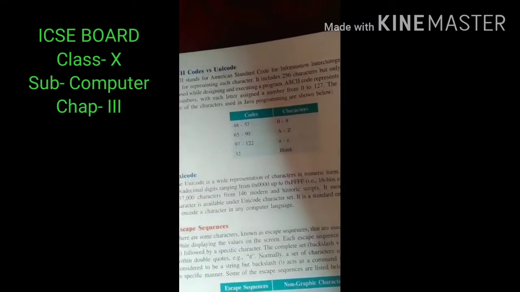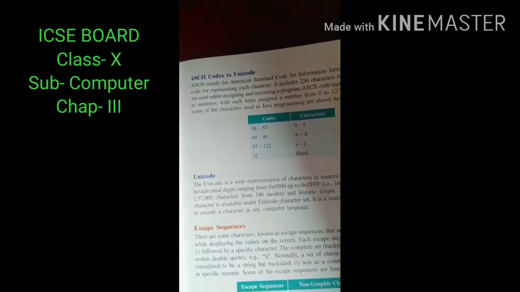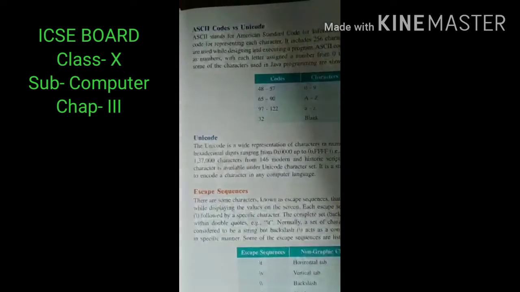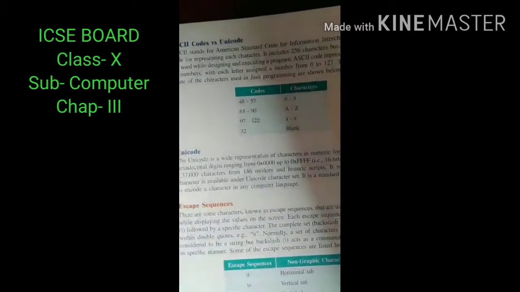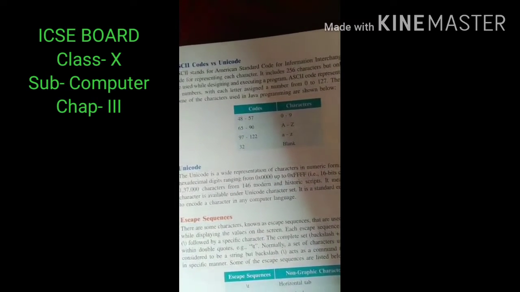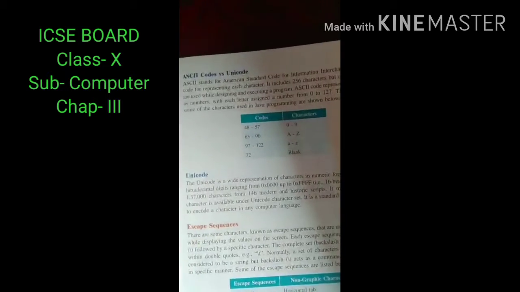It means a code of each character is available under the Unicode character set. So Unicode is popular nowadays to encode characters in computer understandable form.